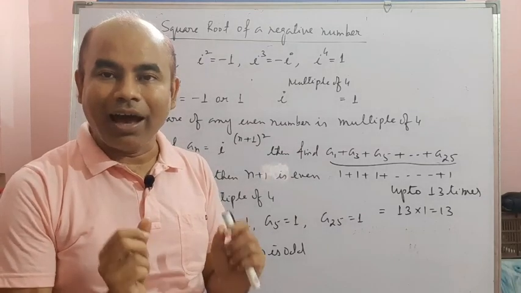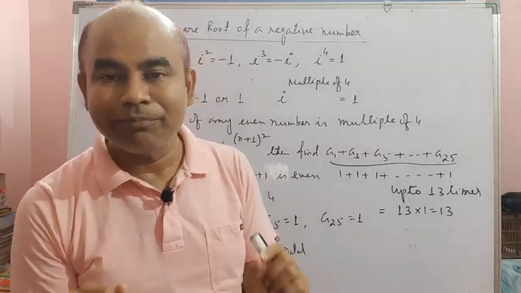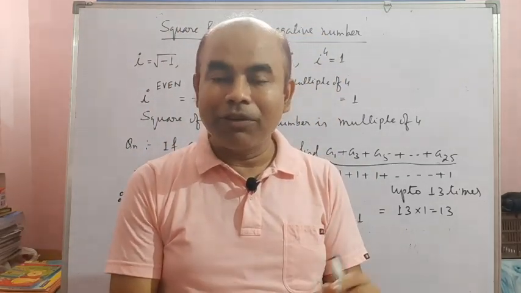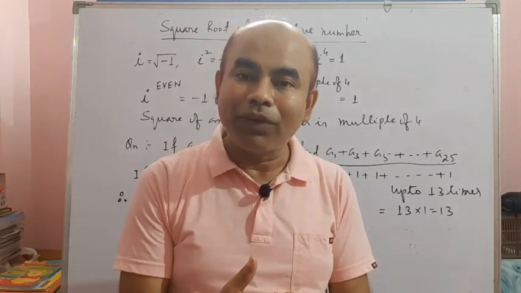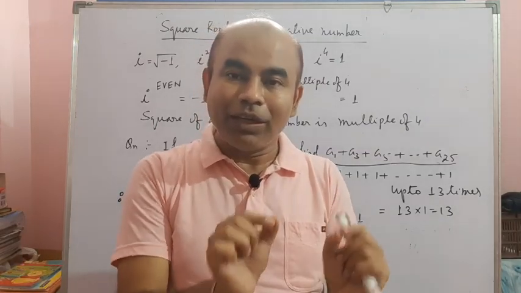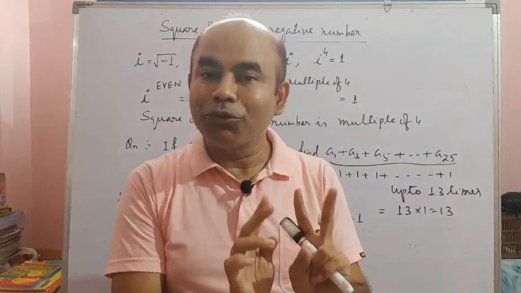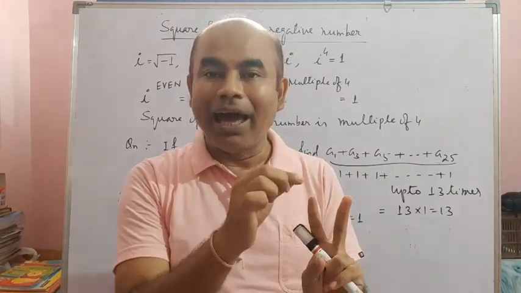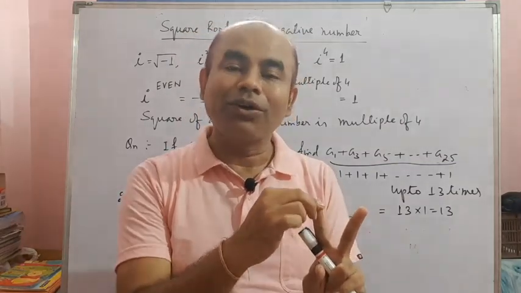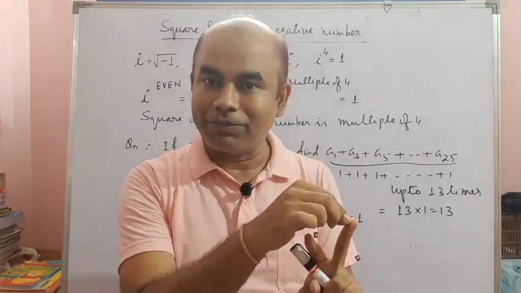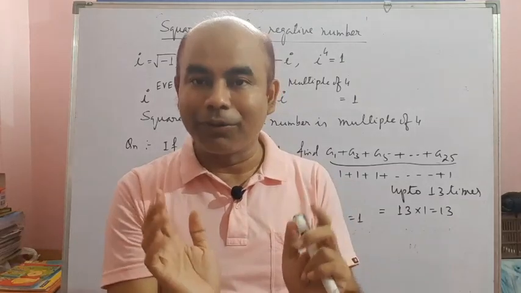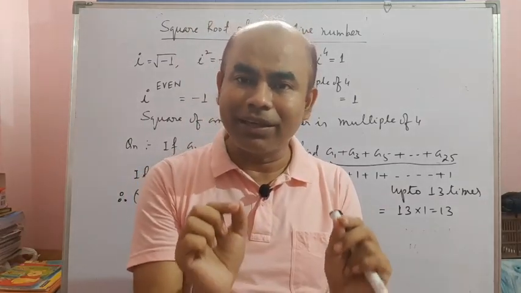Based on that i. Whatever we have discussed today, in this video we discussed how to find the square root of a negative number. When we are trying to find the square root of a negative number, we have seen that every negative number is actually the product of a positive number and minus 1. That means there are two factors, one a positive number, one minus 1. And the square root of a positive number always exists, may be rational, may be irrational. So our problem is to find the square root of minus 1. And the square root of minus 1, we have assumed equal to i. I means iota.